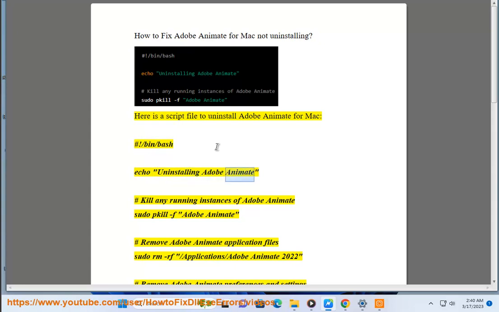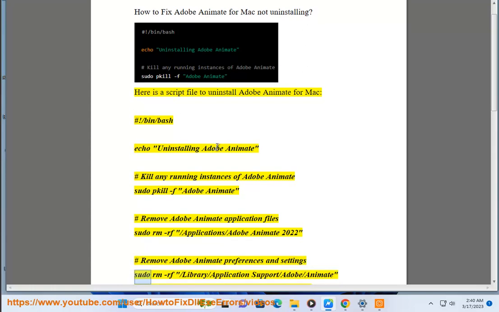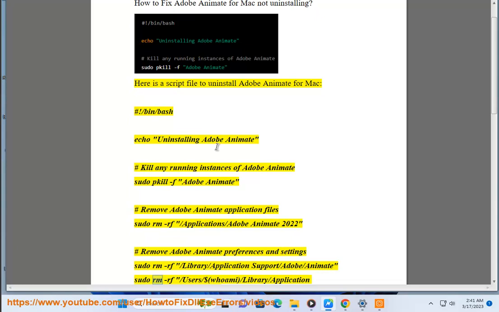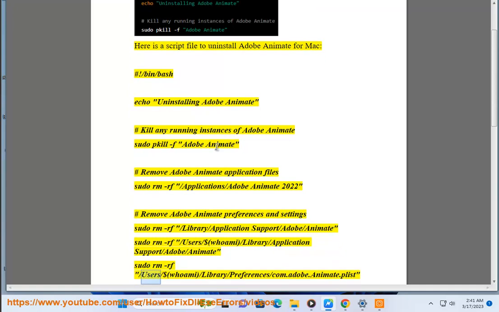#!/bin/bash echo "Uninstalling Adobe Animate" # Kill any running instances of Adobe Animate sudo pkill -f "Adobe Animate" # Remove Adobe Animate application file sudo rm -rf "/Applications/Adobe Animate 2022" # Remove Adobe Animate preferences and settings sudo rm -rf /Library/Application Support/Adobe/Animate sudo rm -rf /Users/$(whoami)/Library/Application Support/Adobe/Animate sudo rm -rf /Users/$